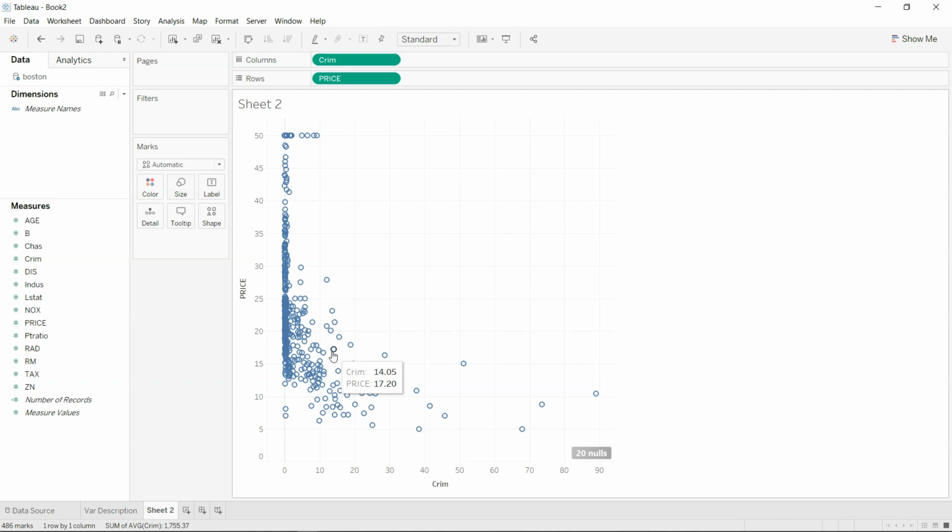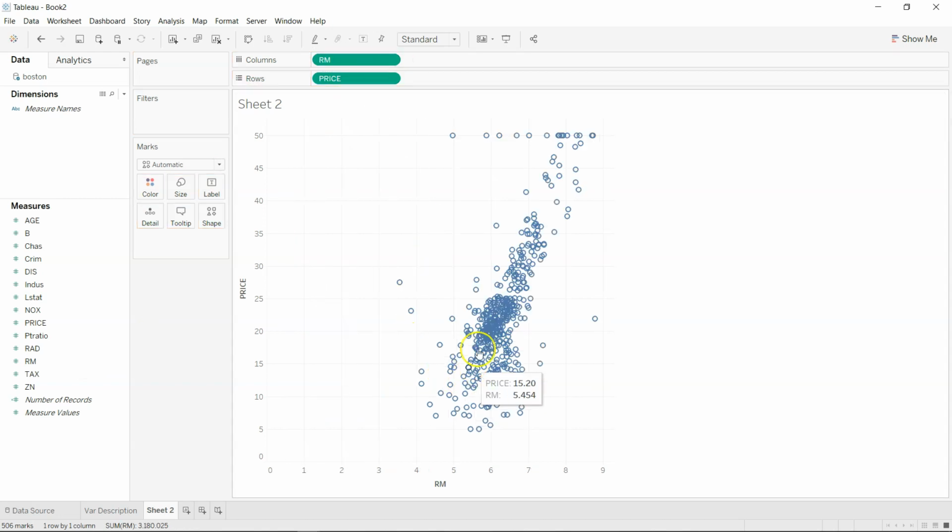Not an issue, but if I need to change the analysis, let's say tomorrow I'm not interested in crime rate but I want RM, the average number of rooms. As the number of average rooms goes up, the property prices also go up, so it's a positive relation between these two variables. We want to put this power in the hands of the user, so that what they want to see is at their disposal. What I need to do for that is create a